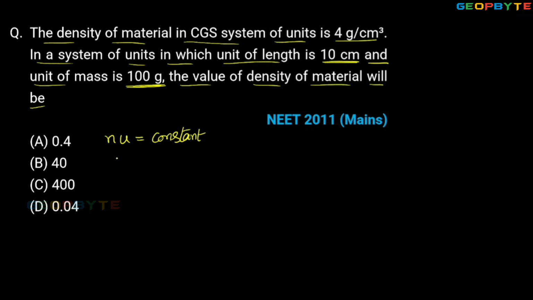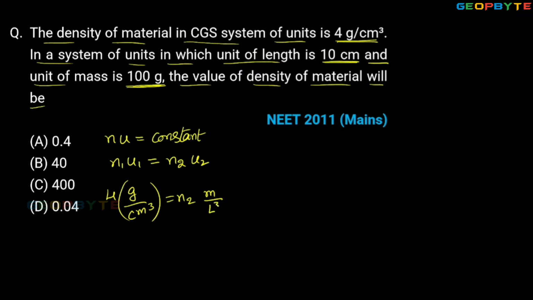What it means? N1 U1 is equal to N2 U2. Here N1 U1 is given as 4 grams per cm cube, equal to N2 U2, which must be with the density unit,